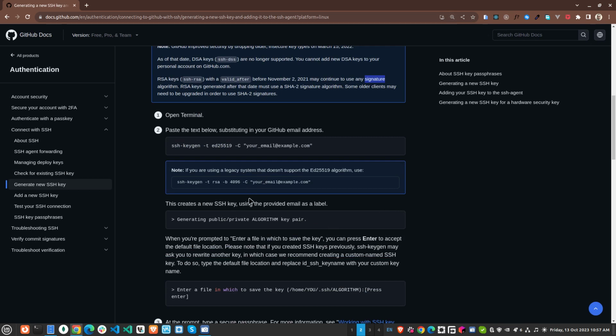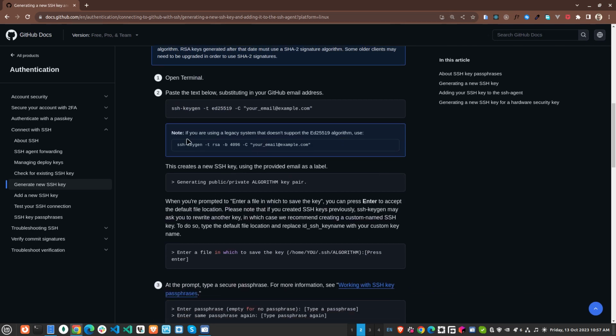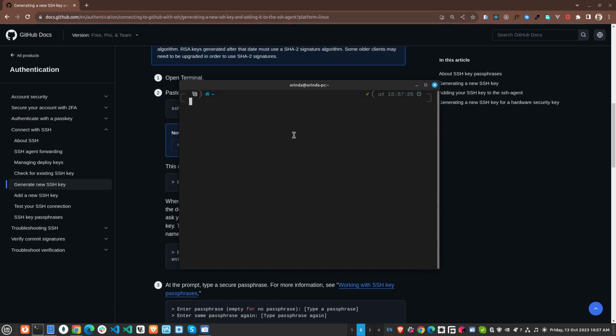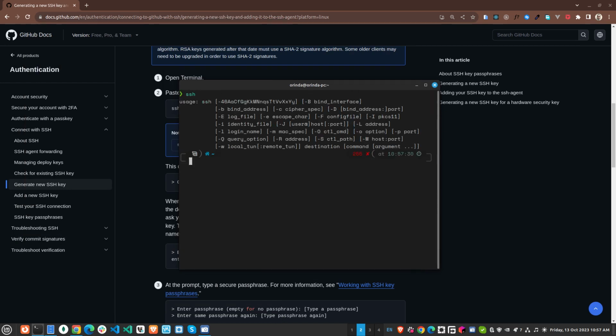So what we need to do, we use this. I'll be using this, the legacy one, and the way to go about this, I'll just bring up my terminal. You have to make sure you have SSH already in your system. So if you're using Windows, you'll need to install bash, or there are those SSH agents that you can install on Windows. So